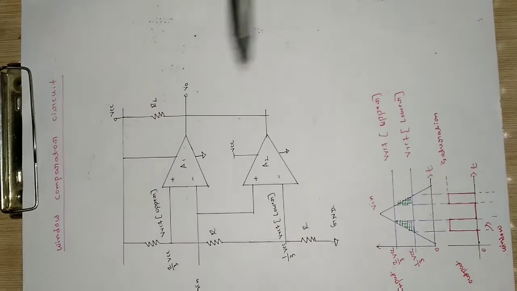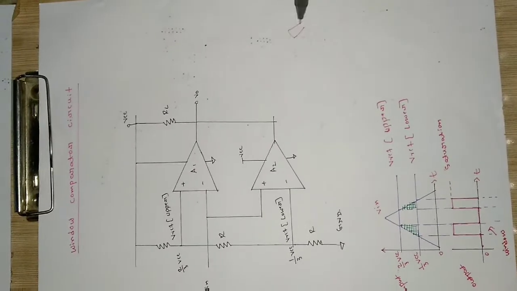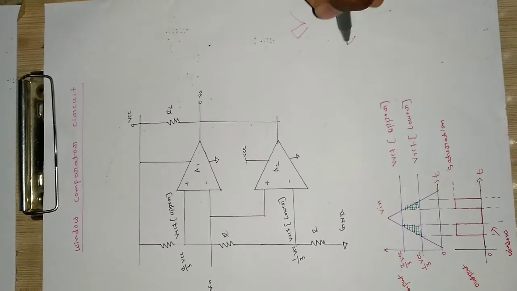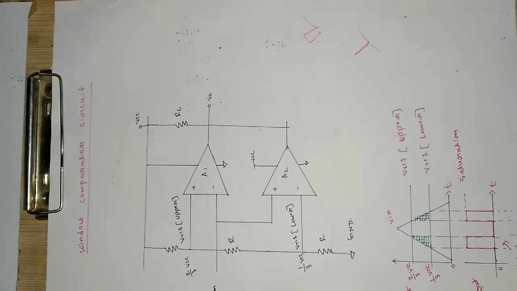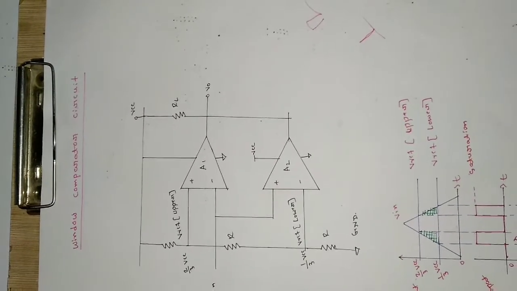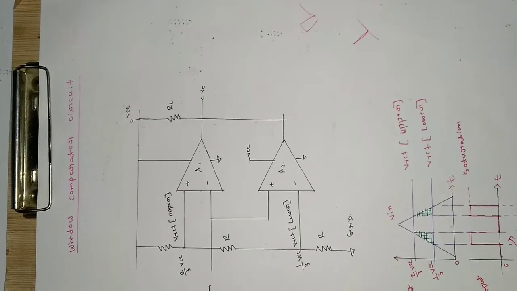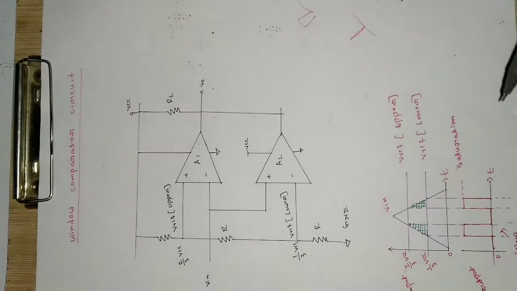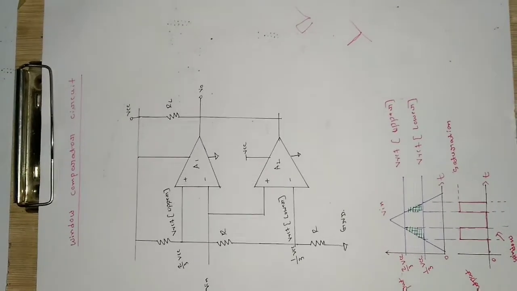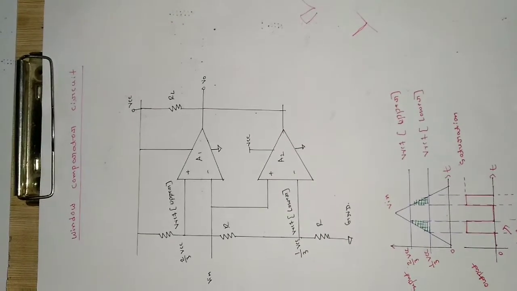So we want some shape, so I want this as the output, or I want this spike as my output. Can we do these things with the help of comparators? As they give binary output, there is a possibility to create different types of shapes here. So can we do it? Yes, we can. We can create different types of phase. We can change the time period of those pulses. All those things can be done.